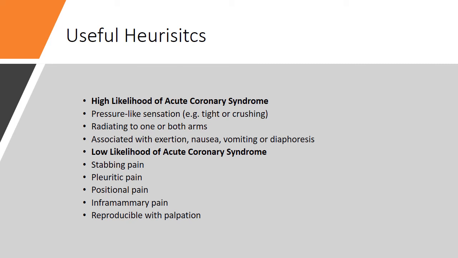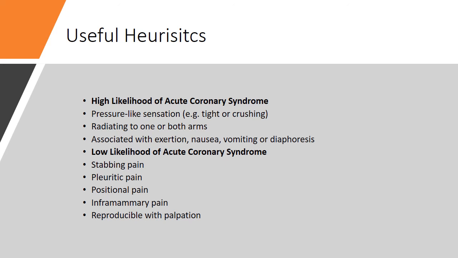Speaking of hypotheses, we can also use some heuristic thinking. Heuristics are rules of thumb, tools that we use as part of our clinical decision making, and you'll come across several of these throughout your career. For example, with regard to chest pain, we tend to treat chest pain as a cardiac cause until proven otherwise, but we can use more specific heuristics. So if the pain is pressure-like, if it's tight or crushing in nature, if it's radiating down both arms, and if it's associated with exertion, nausea, vomiting, diaphoresis, then we know that that's very likely to be